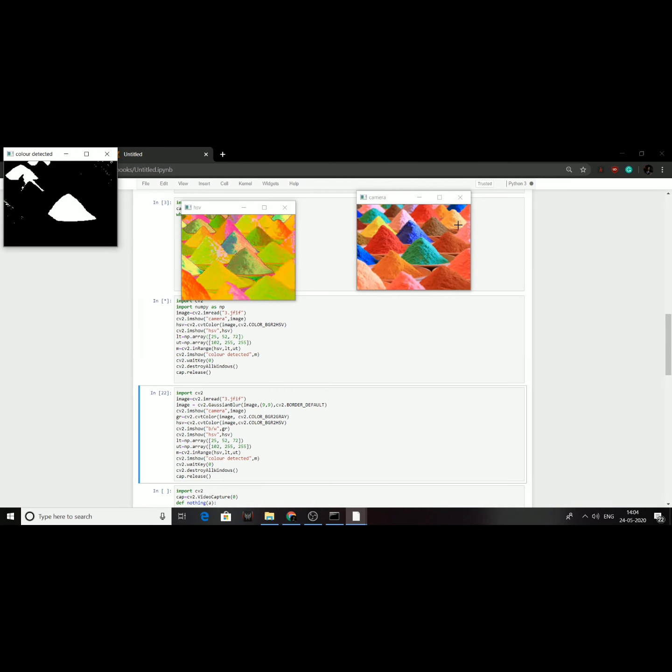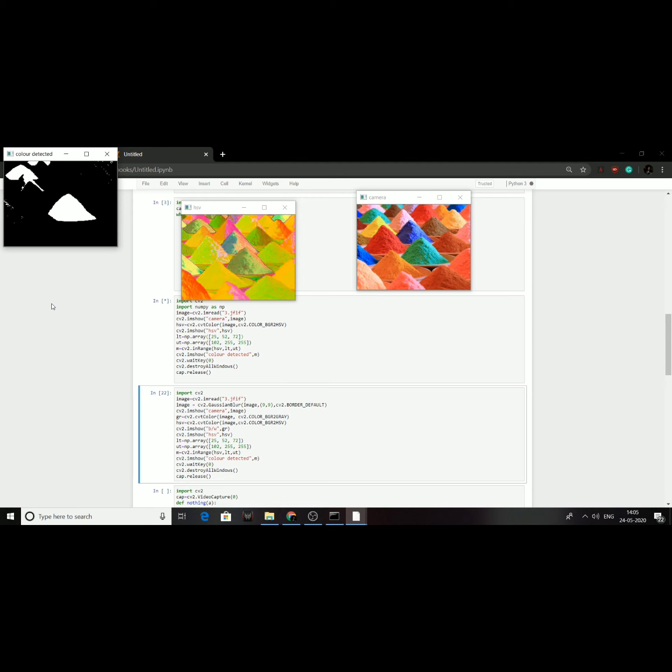This is the original image, this is the HSV format, and this is the resultant output. The green color is over here and over here. That's why you're getting green colors over here. But what are these white dots? Those are called noises. Whenever you take a high quality image, whatever you see is not actually proper. There may be some pixels which are in some other color, but you can't identify them with your eyes, but the computer can. That is why we are getting these noises. So how can you make these noises disappear? You have to reduce the quality of the image. When I say reduce the quality of the image, it's nothing but blurring the image.